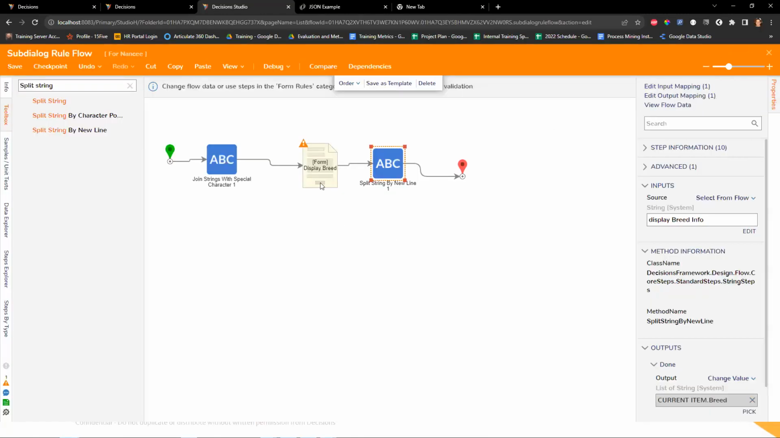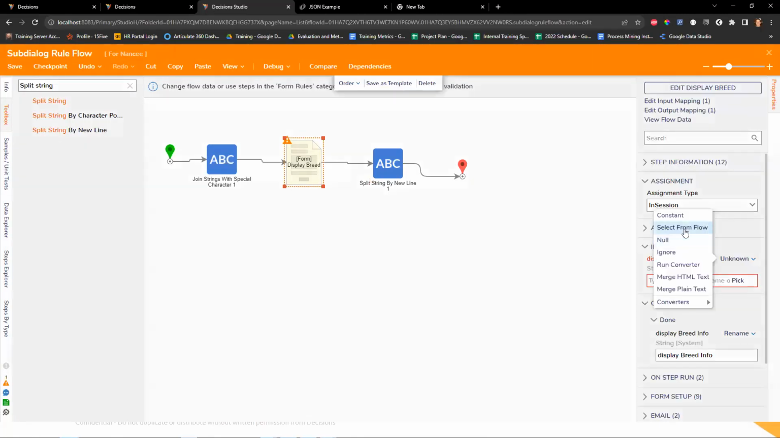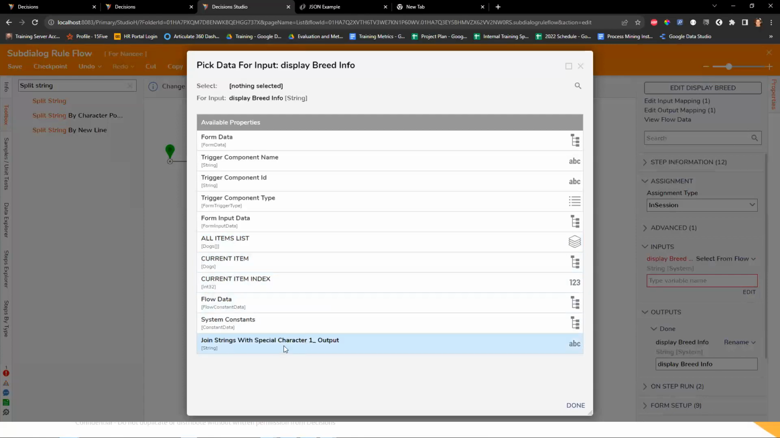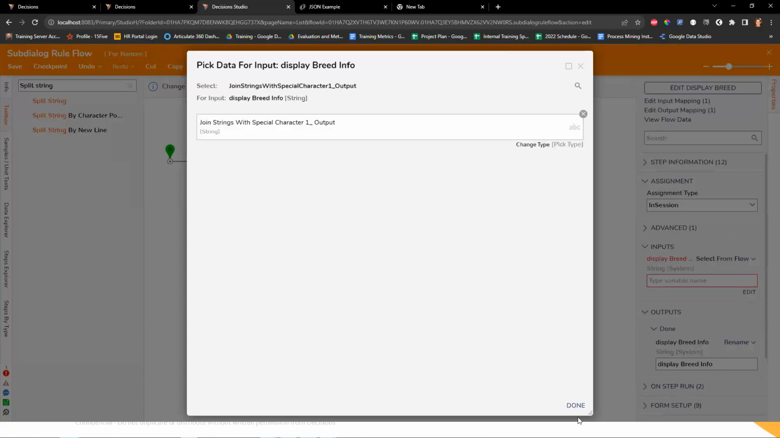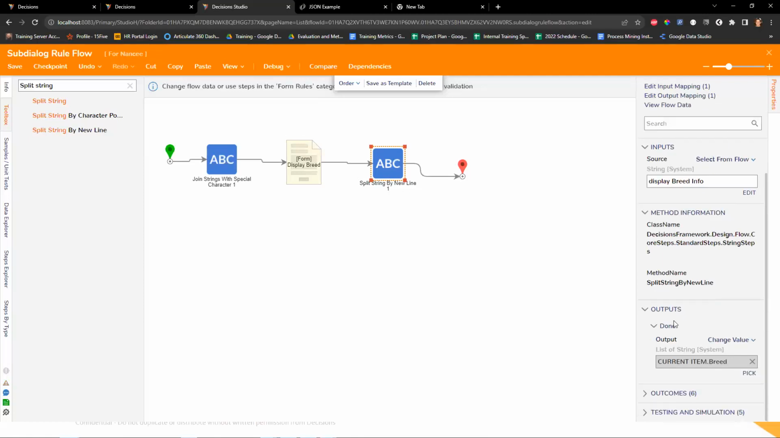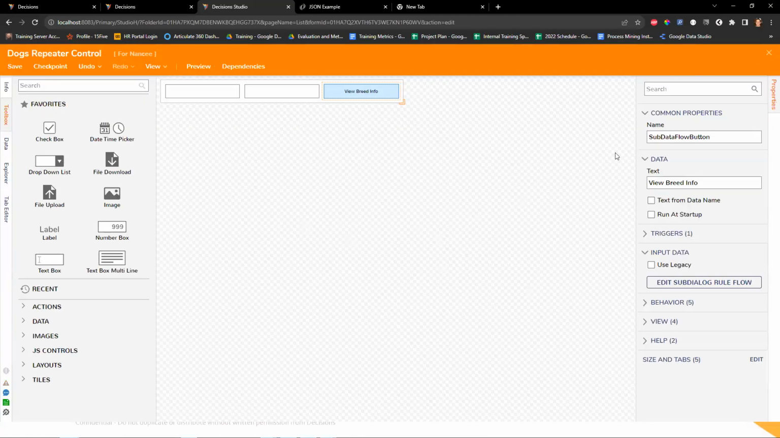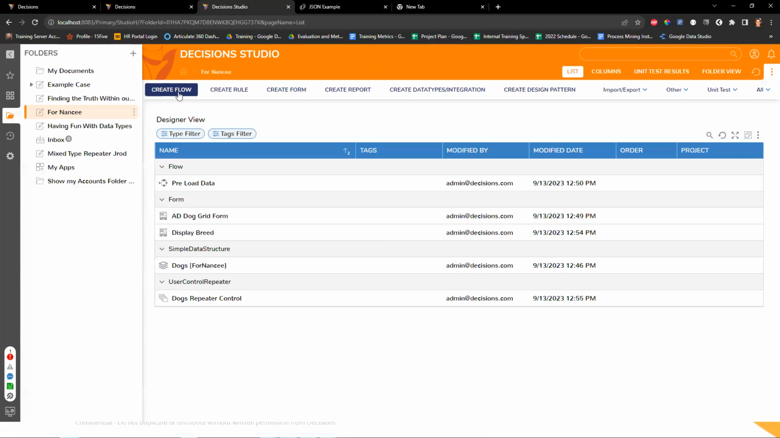So now let's see if this works. Oh, wait. Select from flow. Join strings with special character. This is the input, that's the output. Current item breed should change that. Perfect. Now that I have this, if I go to my main flow,